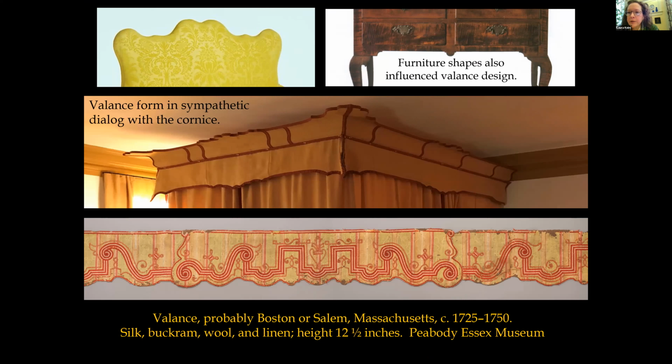We created the patterns. Beth Paolini and I worked on this together in the room. And so we wanted our valances to be in conversation visually with the cornice that we had copied, and where it curved and where it dipped in. And we looked also to the shapes of the furniture in the room, the Logan high chest and dressing table,